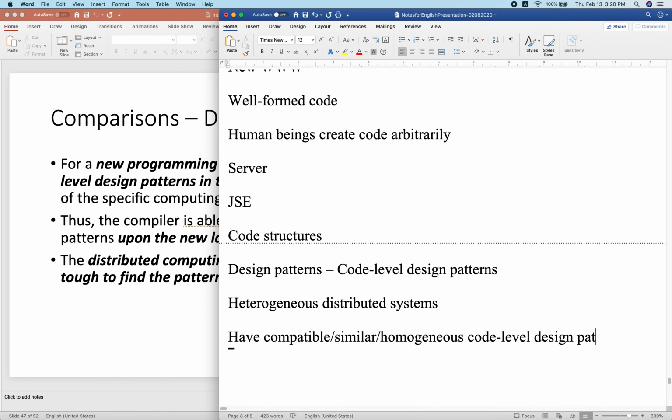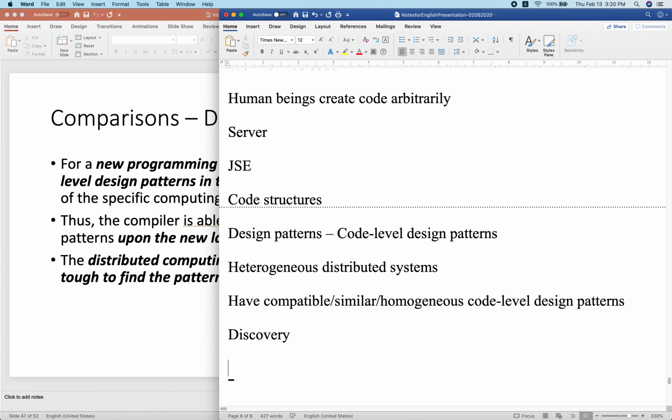design patterns. Because we have no time to discuss this issue clearly, in the near future I will prove this principle, and I think this is a very important discovery. I created a lot of code, so I know this and proposed this idea. So if this is correct, that means even though the distributed systems are different,